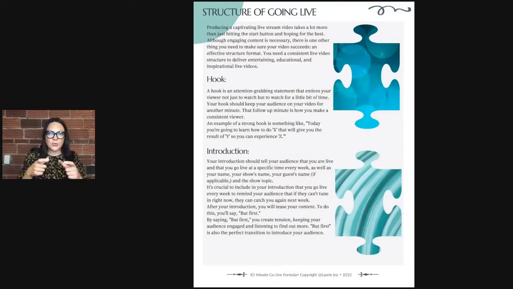What I want to challenge you to do is to come right out the gate with your hook, which is what you're teaching that day. It's your content. And then the top 3 things that you're going to deliver as a result of that training. Why should your people stay? What is in it for them? What will they be seeing and doing? That's what you want to be saying to them.